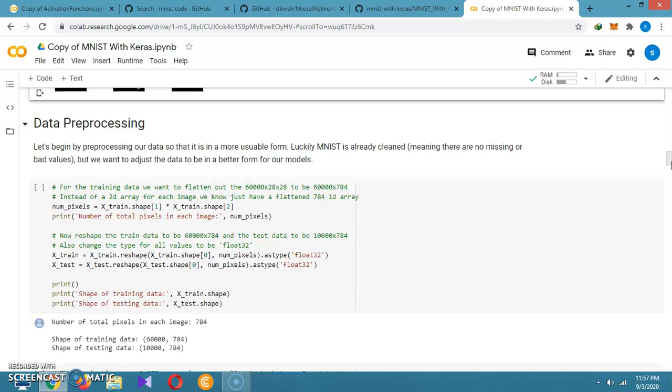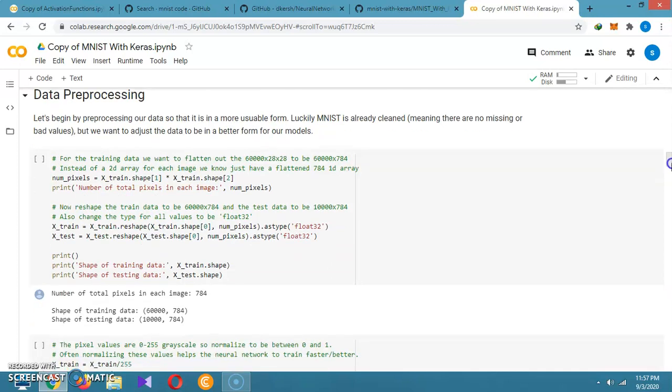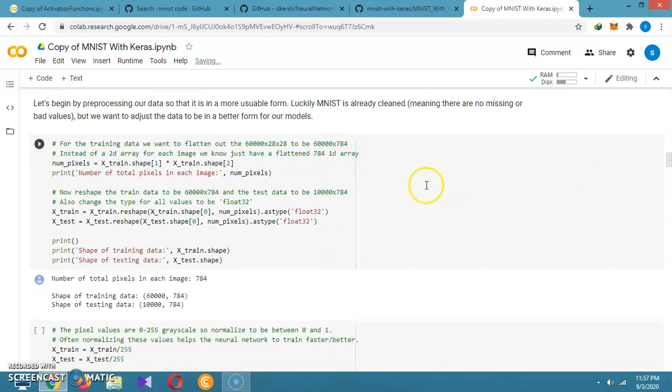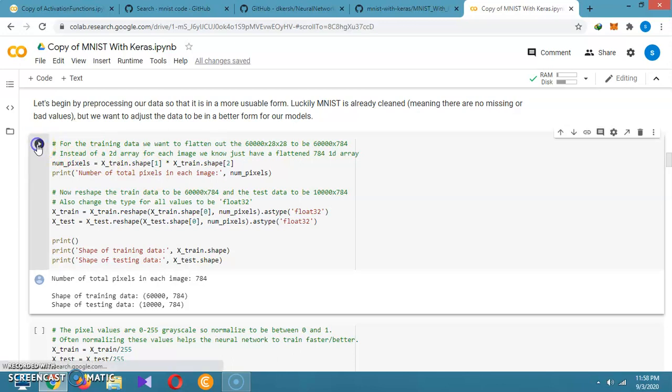Then after that, we need to pre-process it. For pre-processing, every array should be one dimensional. Instead of 2 dimensional, we are converting it to 1 dimensional. So we are getting the total number of pixels.